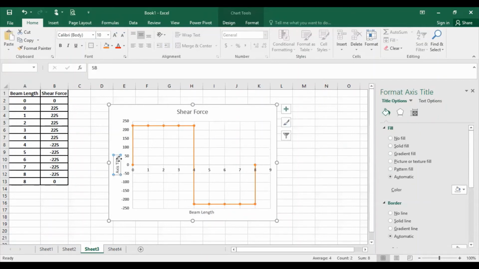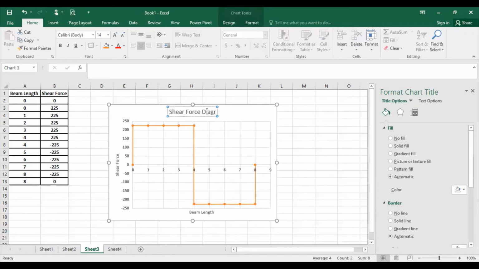And at y-axis what I have taken is shear force. So this is the way, and I can write down shear force diagram.